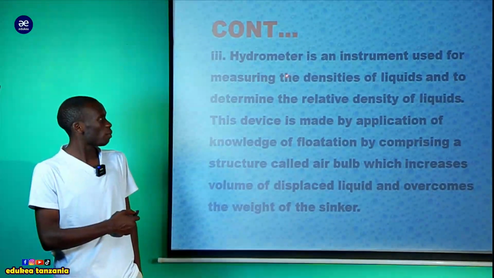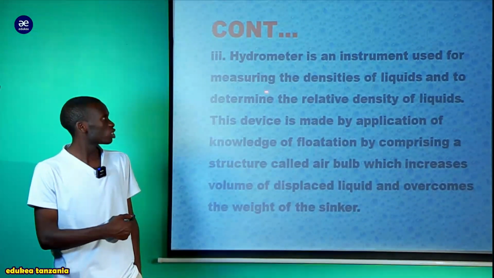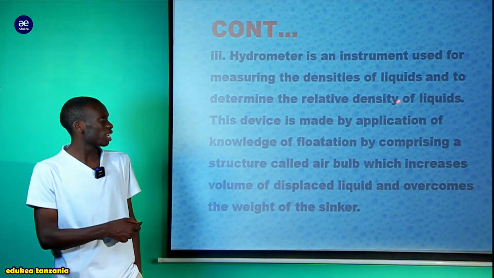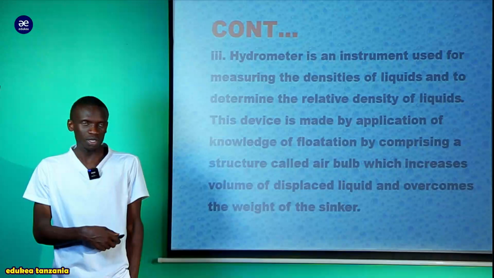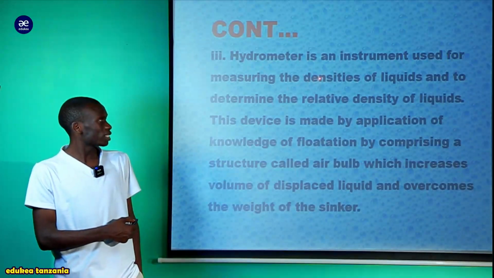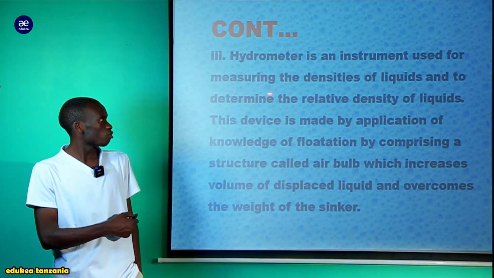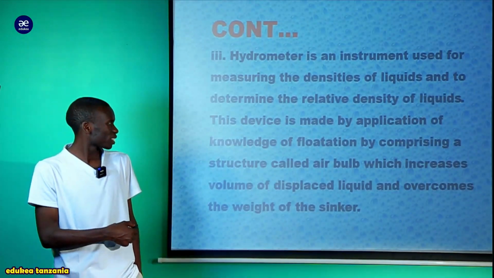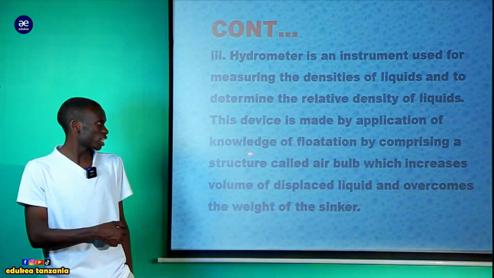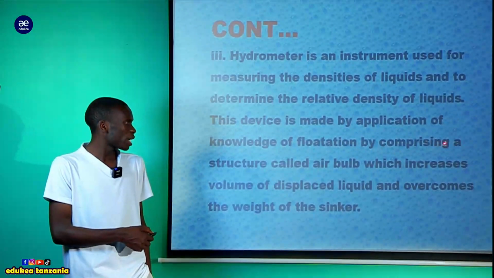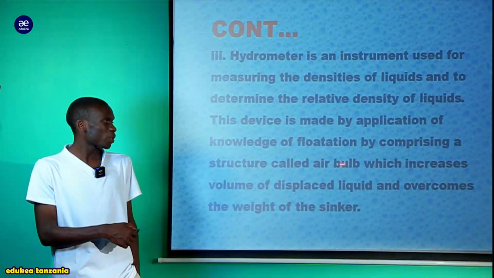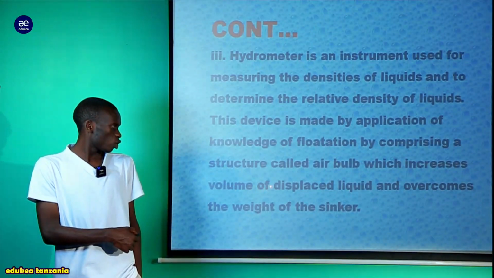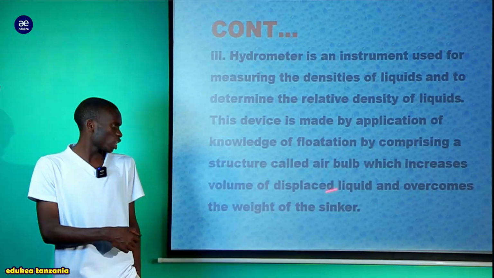We say hydrometer is an instrument used for measuring the densities of liquids and to determine the relative density of liquids. So this device is made by application of knowledge of flotation by comprising a structure called air bulb. Air bulb, which increases volume of displaced liquid and overcomes the